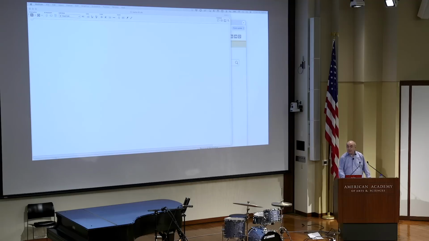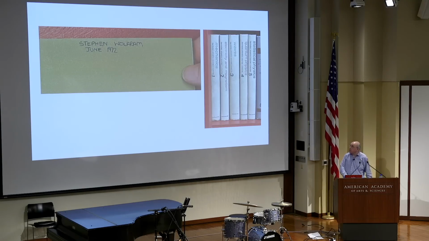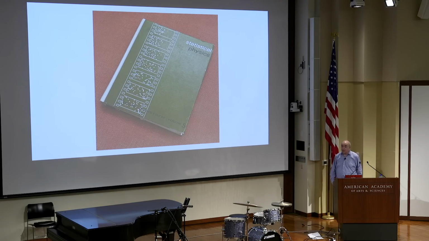I was a kid in England, got interested in physics when I was 10 or 11 years old, and sometime in June of 1972, I bought myself a book about statistical physics. I got very interested in this, and I really liked the cover of the book, which is an illustration of idealized molecules bouncing around, illustrating the second law of thermodynamics. My first big effort in computing was trying to simulate that picture.